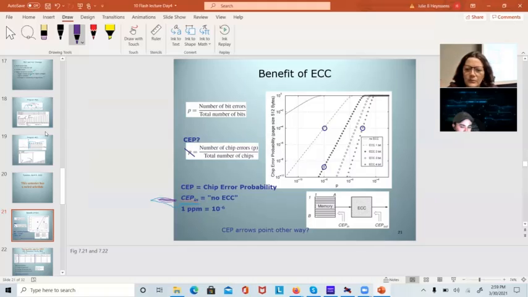And what we can see here is the no error correction is this solid line, and the chance of getting a bad read is a little less than 1%. Totally unacceptable. But if I error correct to a level where I can correct for 1-bit error,